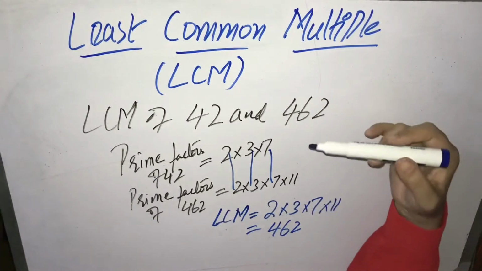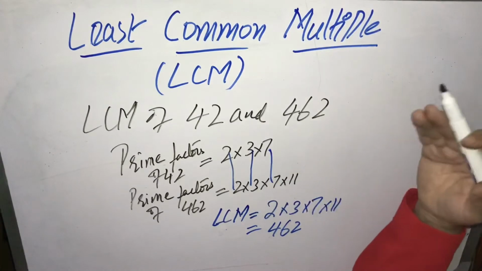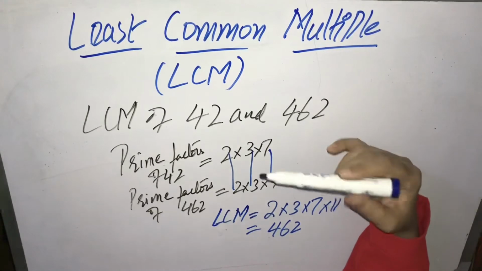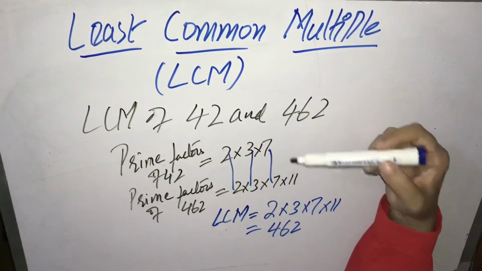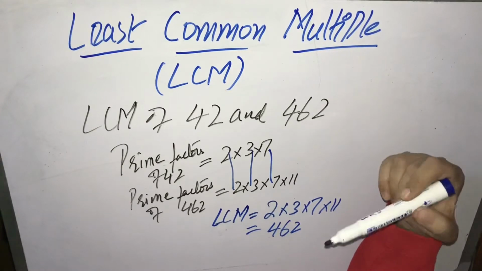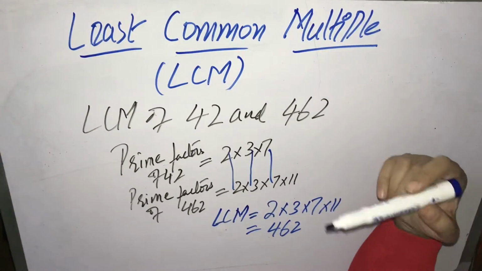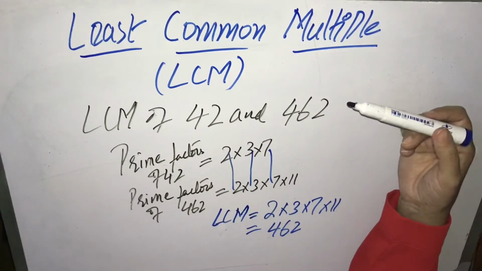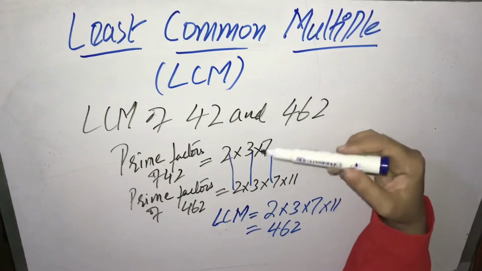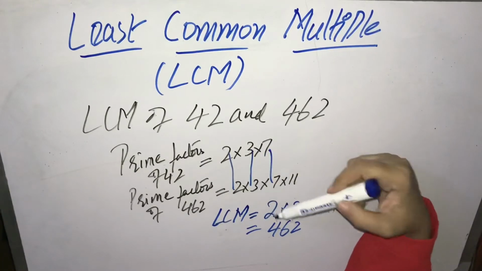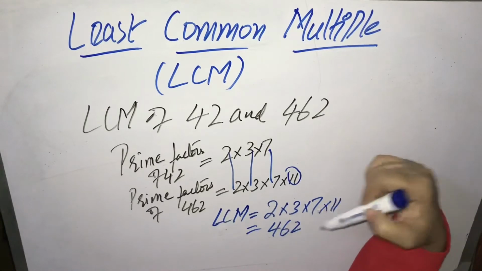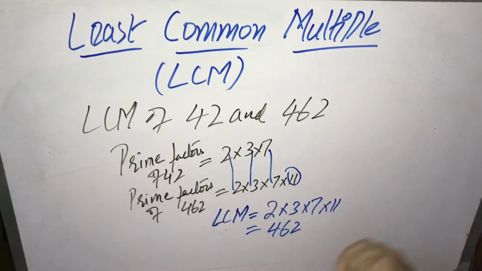Why haven't I taken the multiples of 42 and 462? Because it was not easy to find the multiples of 42 and of 462. So in bigger numbers, usually we take help from the ladder. We can make separate ladders, or we can make the combined ladder. The combined ladder automatically gives us the answer. With separate ladders, we have the prime factors. Then we take the common factors only once and the numbers which are not common at the end, and we can multiply to get the answer.